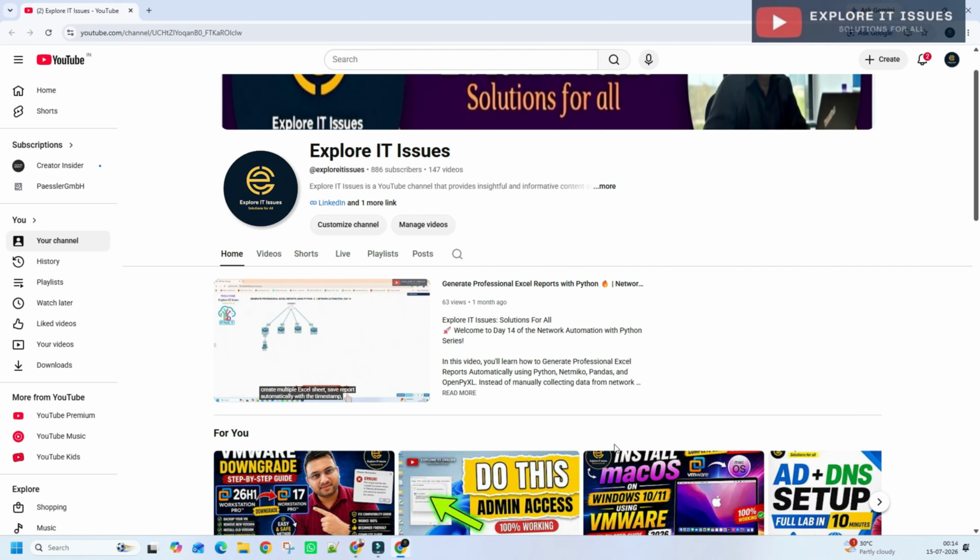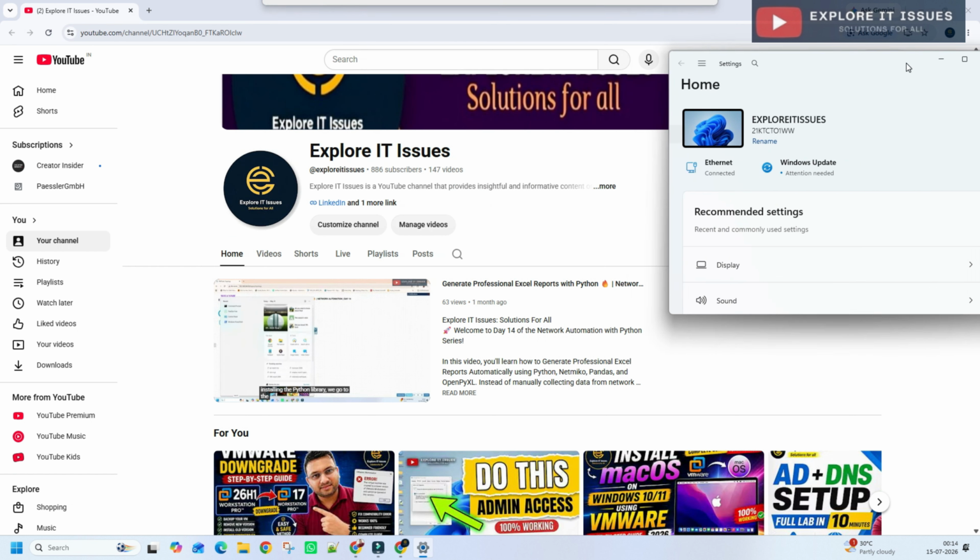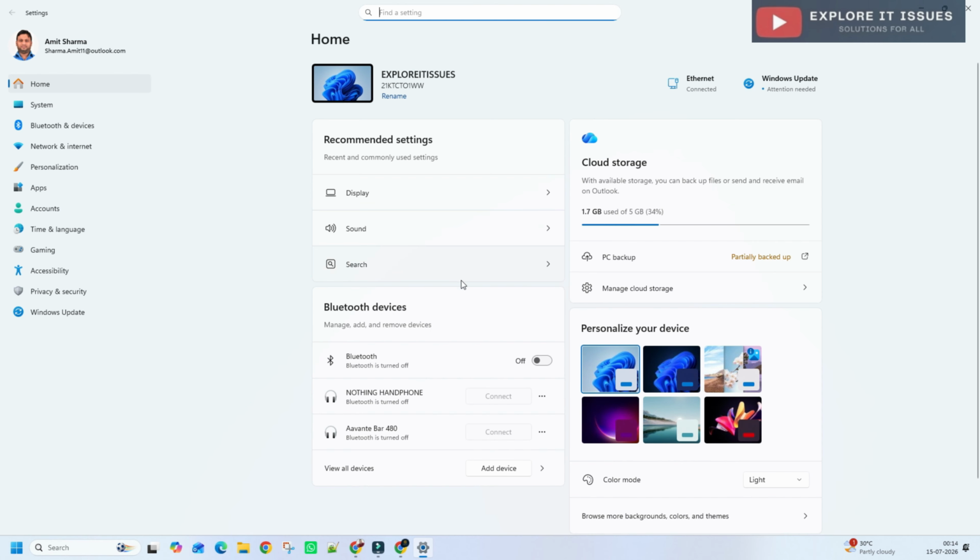So what is God Mode in Windows? First, let's understand what God Mode actually is. God Mode is not a hacking tool or a special administrator account.